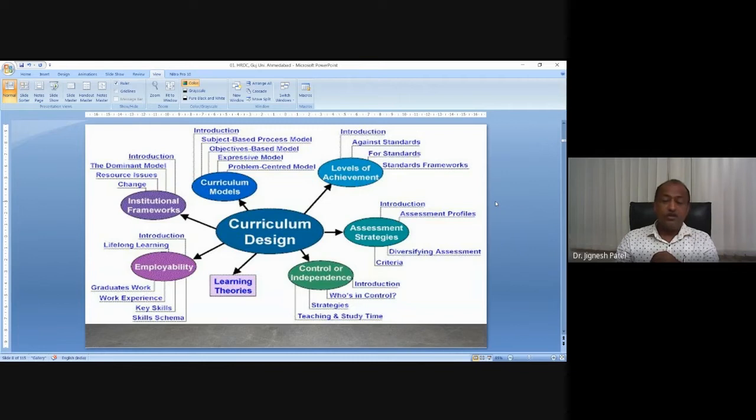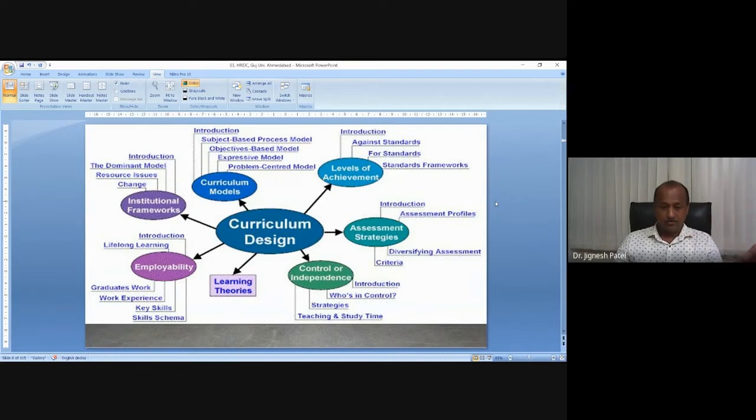Starting from the bottom, learning theories. We have a number of different learning theories. So based on these learning theories, the curriculum design will take place. Then again, checking the employability of the curriculum, whether this curriculum is able to give employment to the